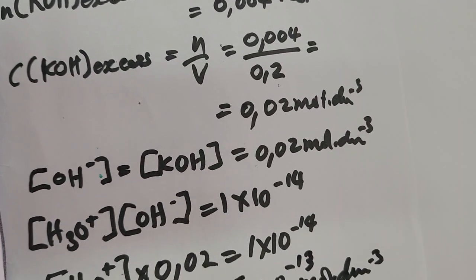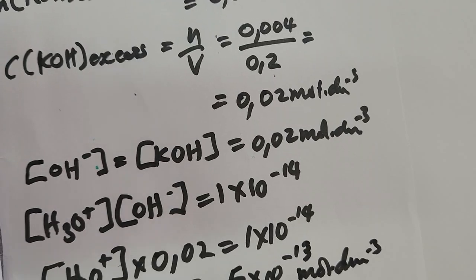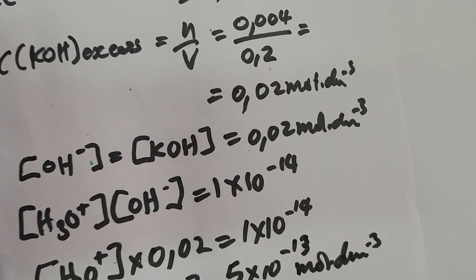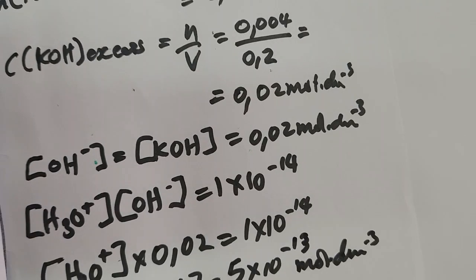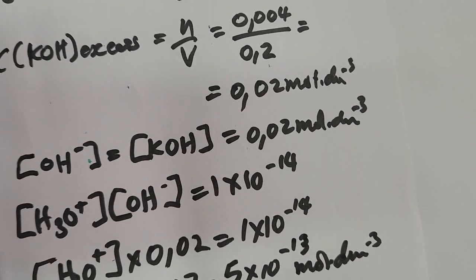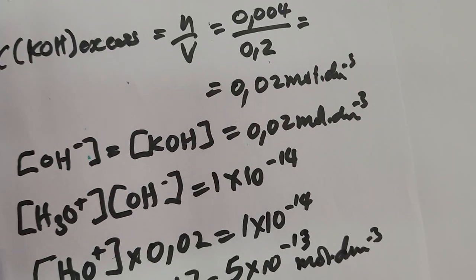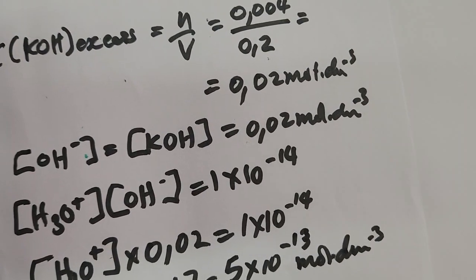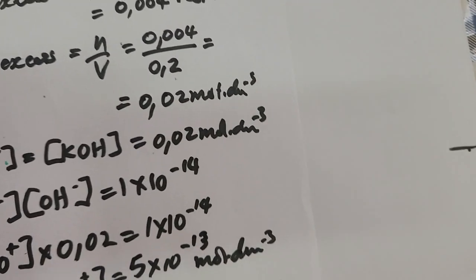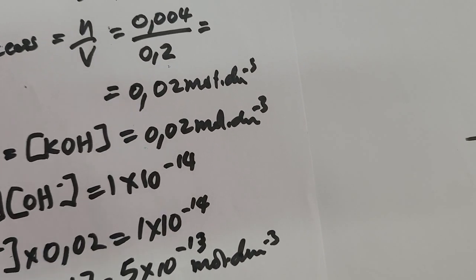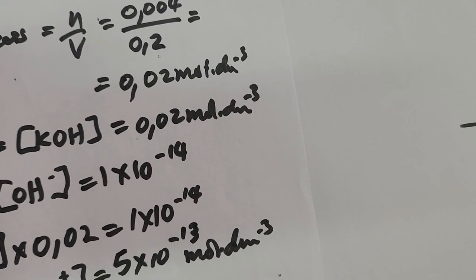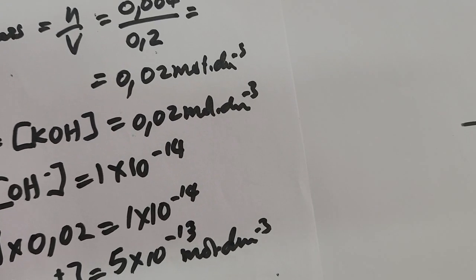Then finally the pH will be minus log of concentration of hydronium ions, which will be the same as minus log of 5 by 10 to exponent minus 13. Therefore, the final answer will be 12.3. That is the final answer for this question. Hopefully